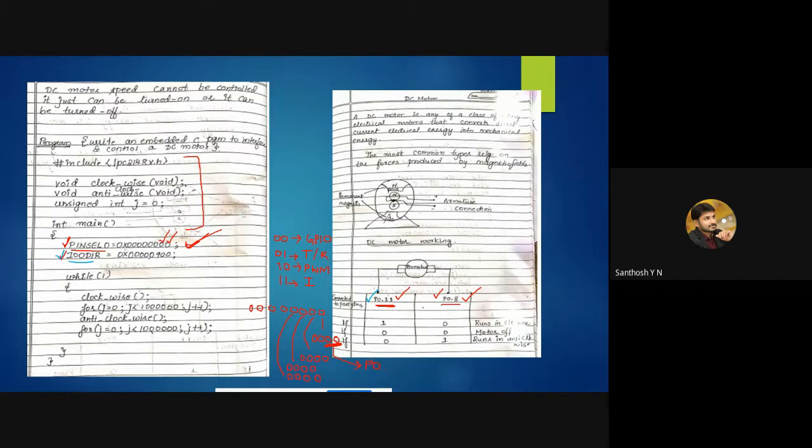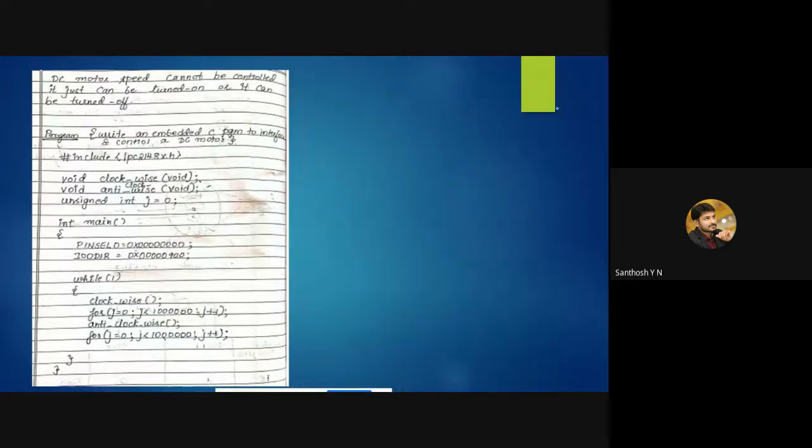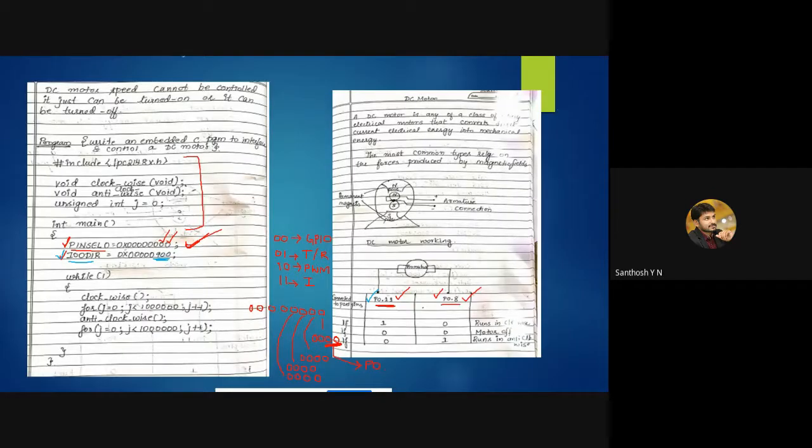And why am I passing 900 here? Because what is 900? If I convert it into binary data, it is 1001 followed by 0 0 0 0, and the remaining bits are written as 0 0 0 0.